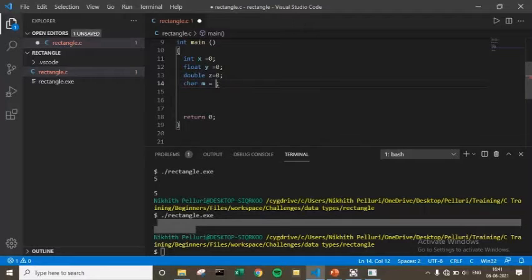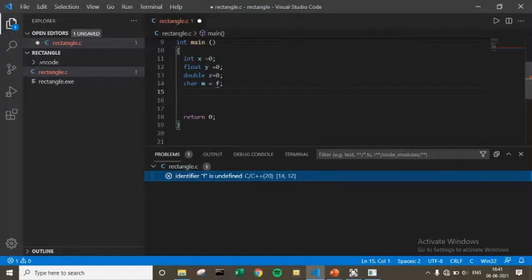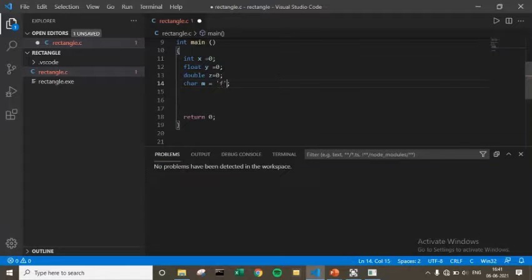See, for example, if you try to give x, it will ask what is it, that there is a variable called x. Let's try f, and it says that identifier f is undefined. So if you put this in single quotes, there will be no problem. And one more thing, never try to put them in double quotes. The double quotes will only work for character arrays, not for character variables.